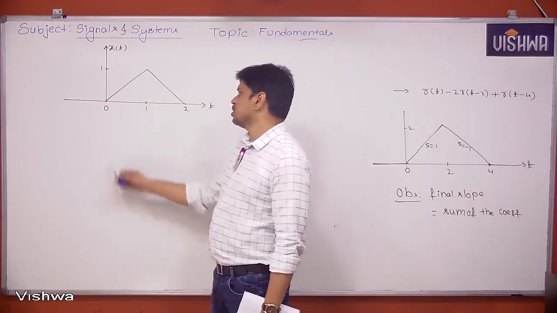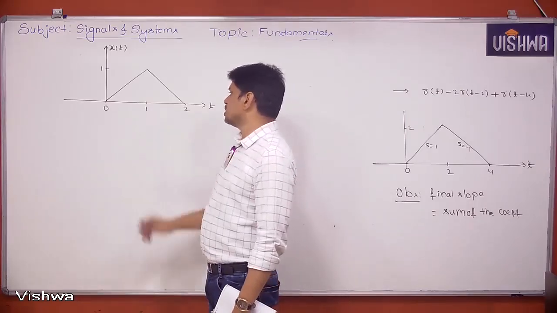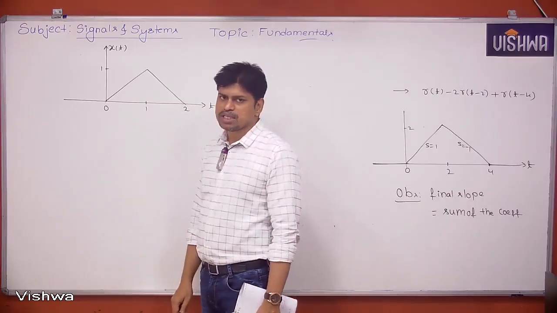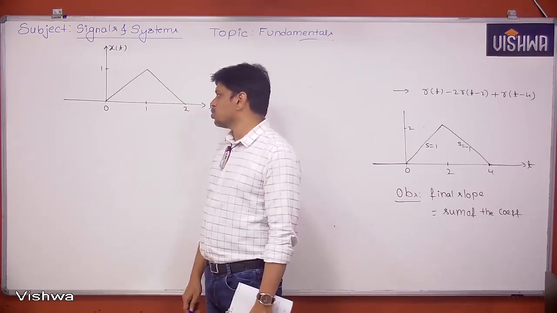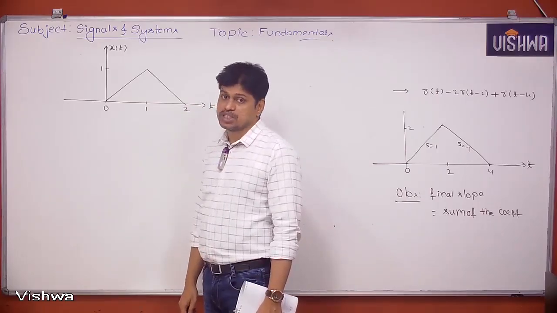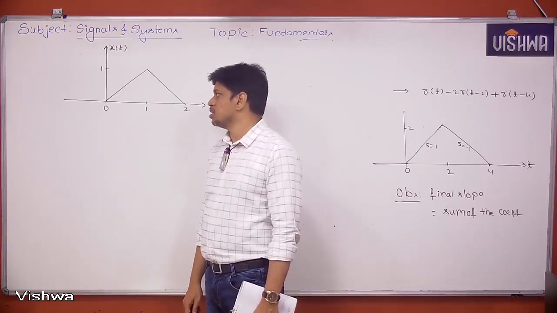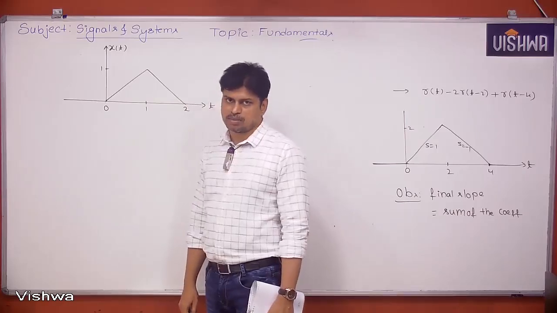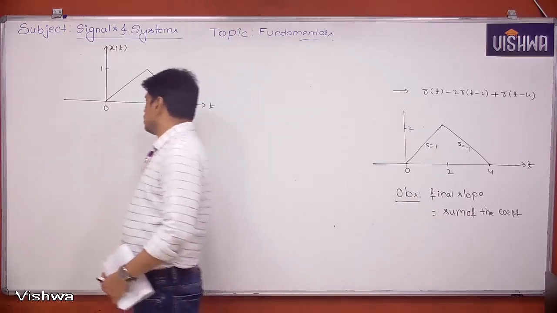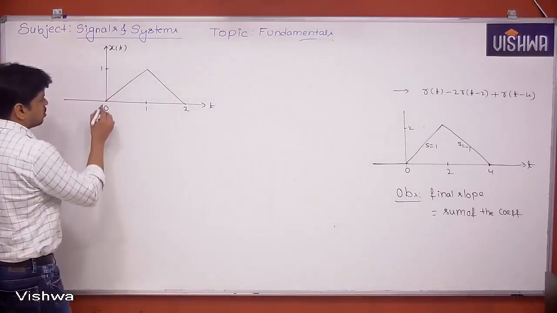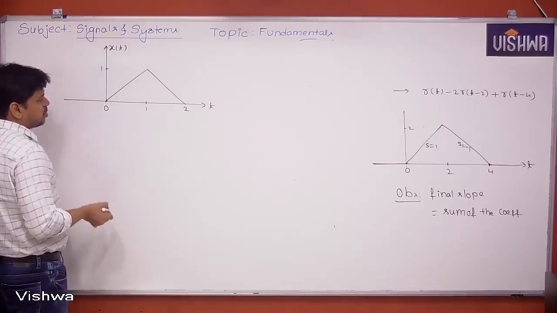What are they? 0, 1, 2. These are the corner points. Why are we calling them corner points? Because at those points we got the slope change. Wherever there is a slope change, those points are called corner points. That is as simple as that. So here, let's see. We can get a ramp function r of t, but we don't know what is the